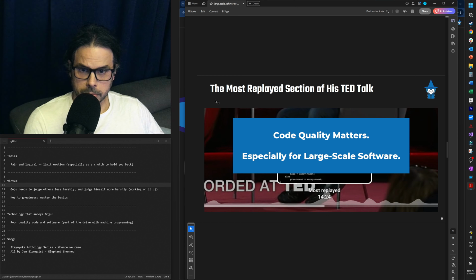Code quality matters. It's arguably one of the most important things, especially for large-scale software. And therefore, from that lens, I think that's exactly the right thing to spend 15% of his TED Talk on that's going to be viewed by millions of people, because he's making, in my mind, a very simple point, which is it's not about the